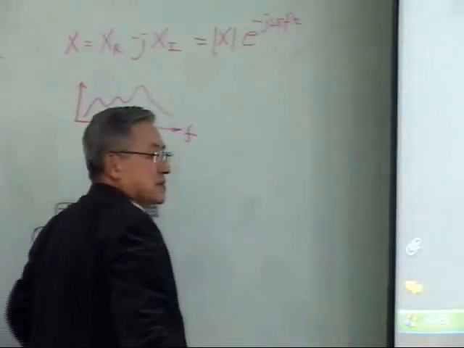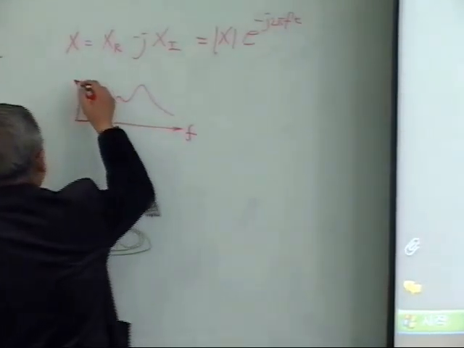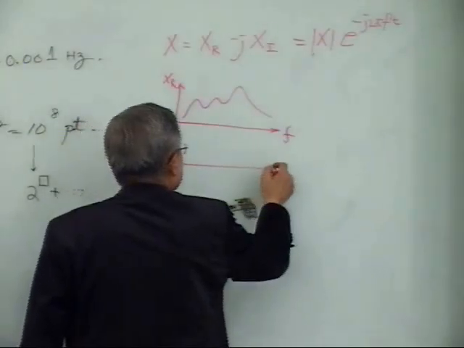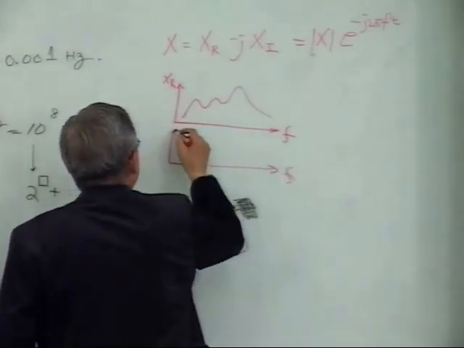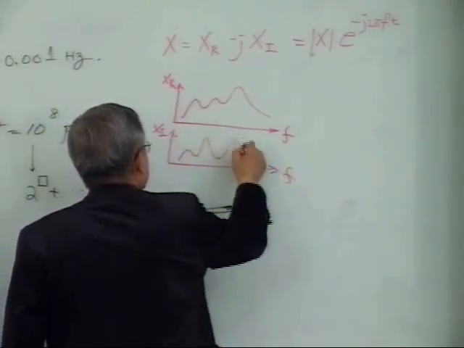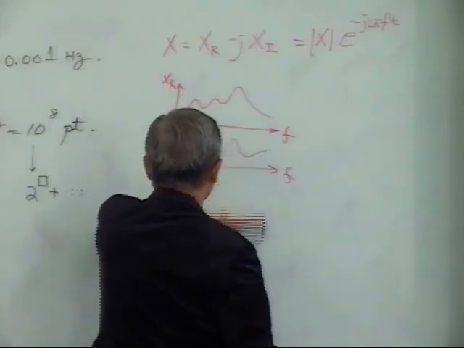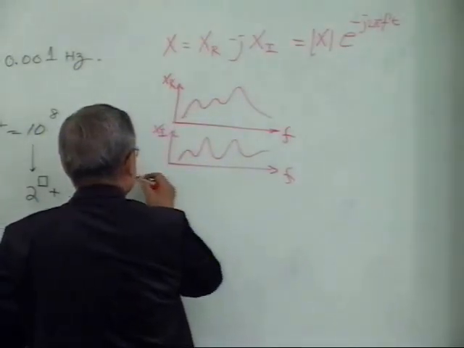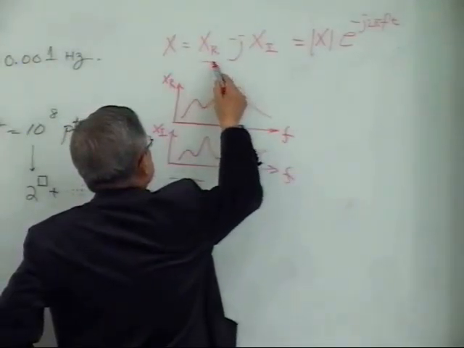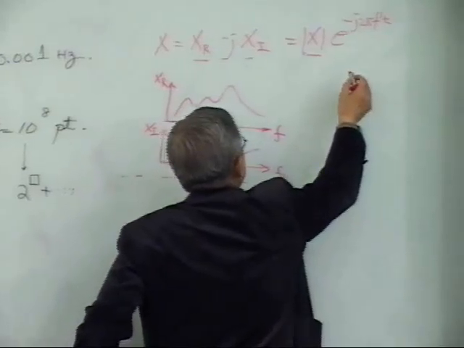Real and imaginary part. So this could be X real, this could be X imaginary part. Another way you can do it is this part is real, this part is imaginary, this is the magnitude, and